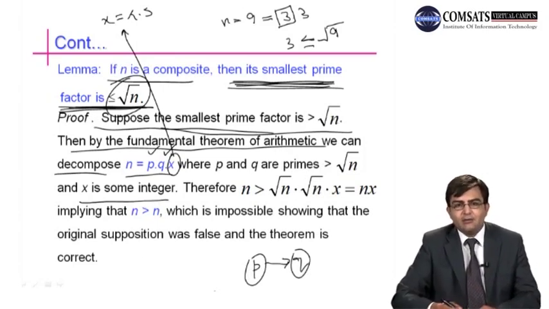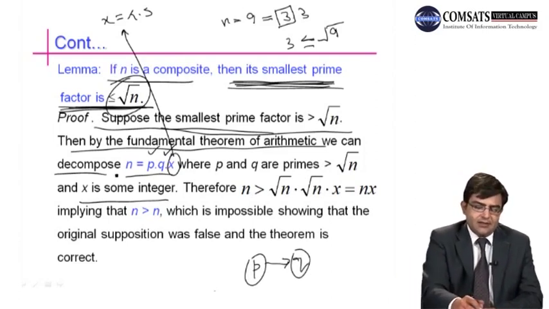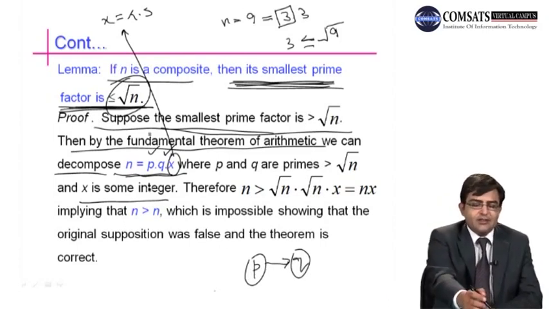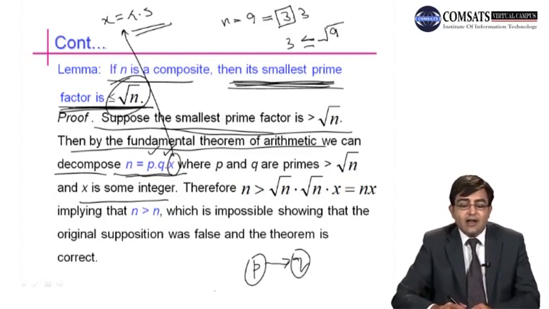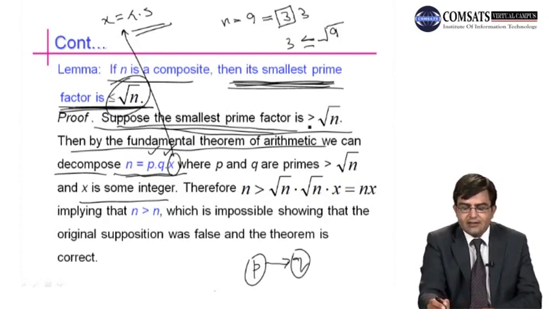It may be prime, it may be composite. If it is prime, then this expression will be unique by the fundamental theorem of arithmetic. If x is some composite, then we can further write x as a product of primes r and s. So where p and q are primes, we have supposed here that the smallest prime factor is greater than